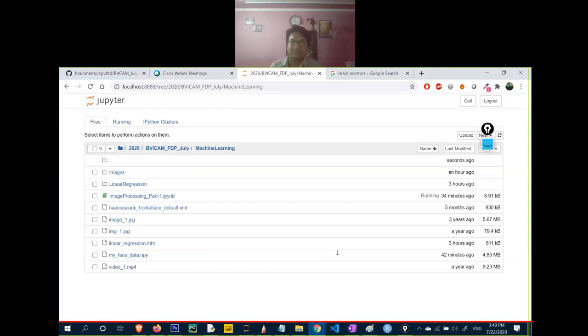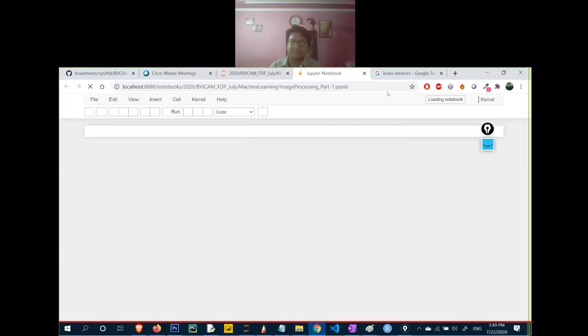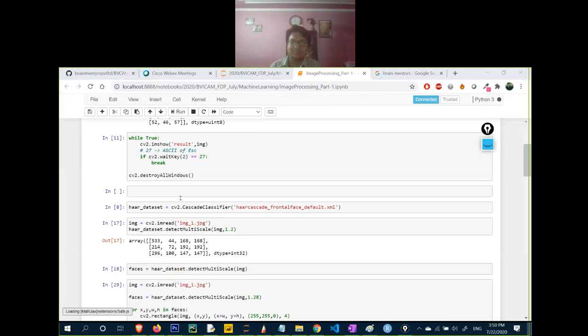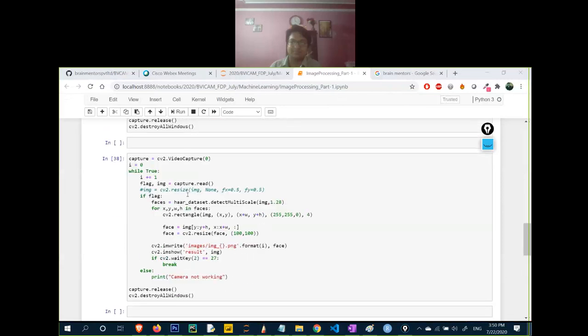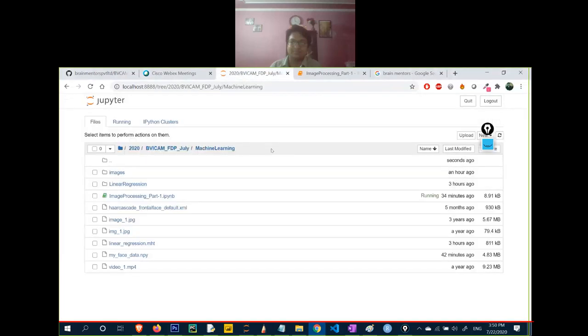Camera capture error. The reason could be that it is unable to read the Haar cascade file. Make sure the Haar cascade file and your code are at the same location and you are reading the Haar cascade file properly. This error generally comes whenever it is unable to read the Haar cascade file or it is not able to read the image. Either the image or the Haar cascade file, any one of the files is missing.